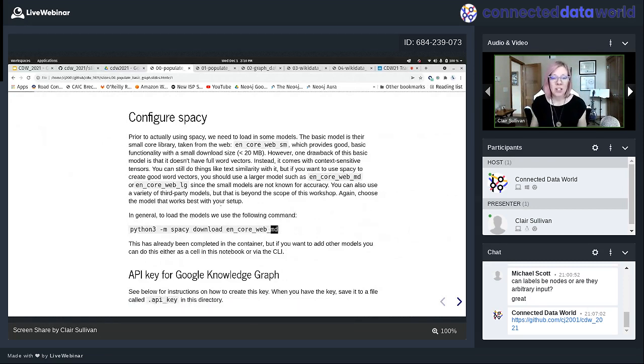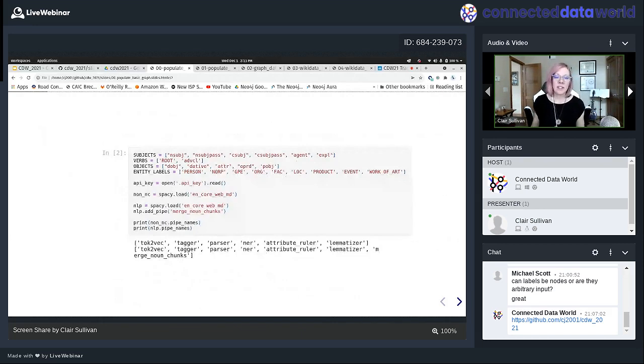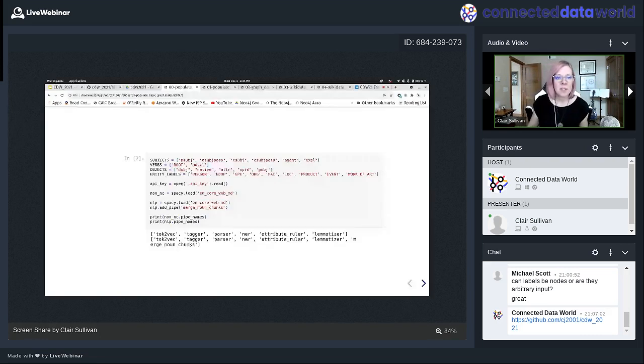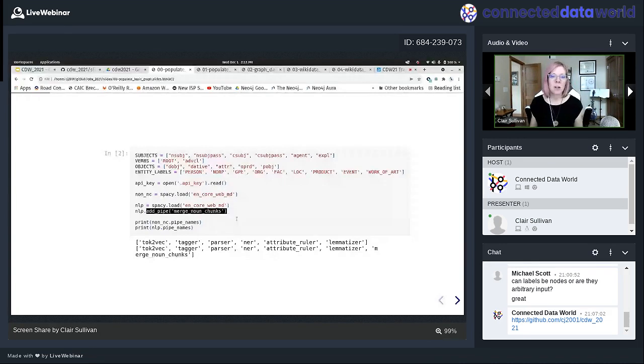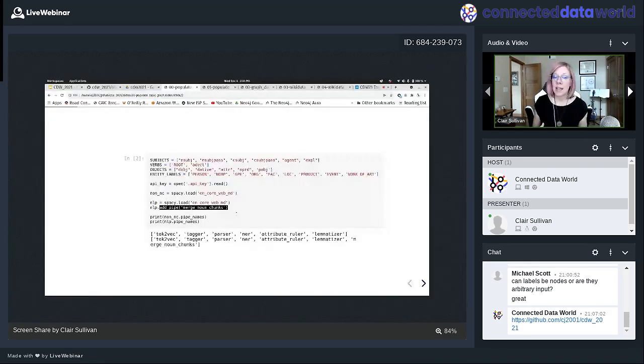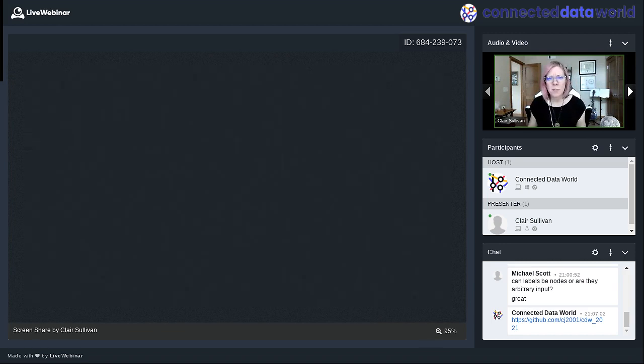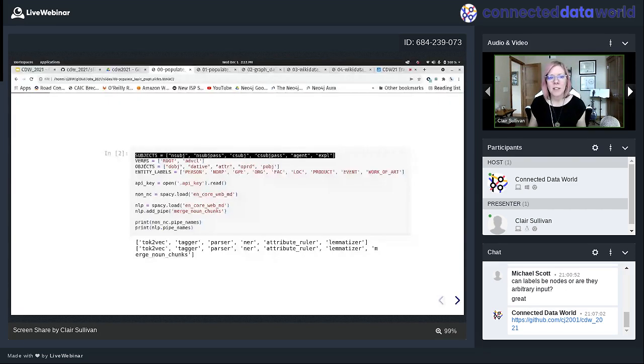Okay, I mentioned that we're going to be querying the Google Knowledge Graph. We want an API key if we're going to truly do this from the get-go. And this is just how we set spaCy up. We tell it what vocabulary we want it to use via this spacy.load thing here. I add to my pipeline this thing called merge noun chunks, which is the named entity recognizer of spaCy. I'm also specifying some of my parts of speech, saying these things are all subjects, these things are all verbs, and these things are objects. I use a few labels here. And this is just going to help us set up our SVO triples.